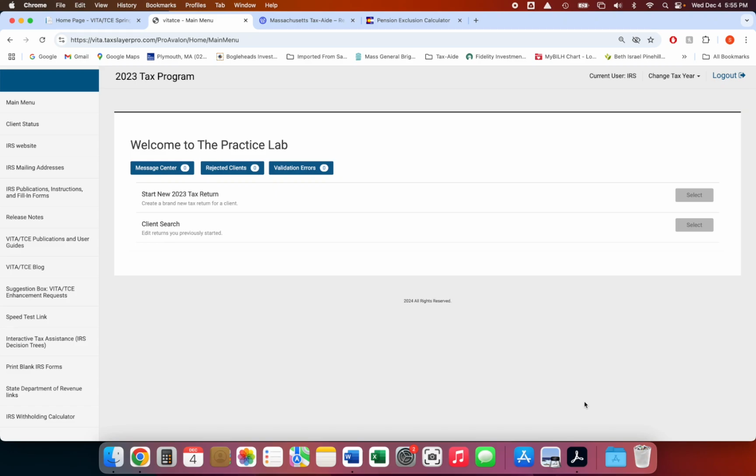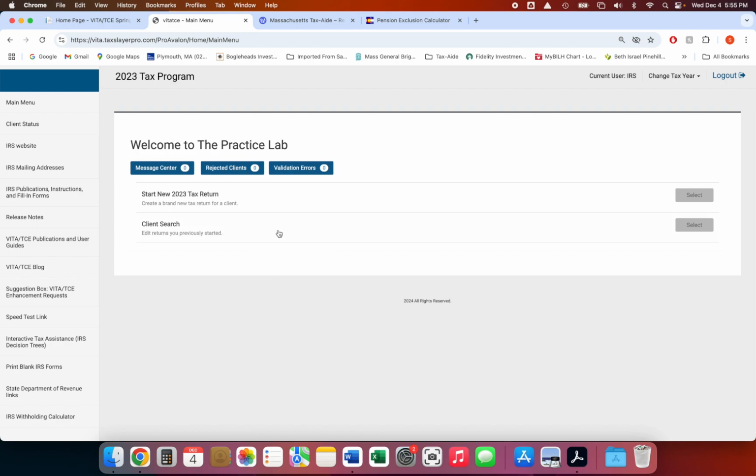This is in Lesson 12, Exercise 25. This is for Ronald Davis. And Ronald Davis had an early retirement distribution. He's under 59 and a half and took a distribution from an IRA. And so this exercise is to show what happens when someone takes a distribution prior to the time they're 59